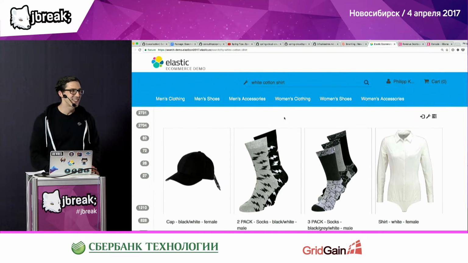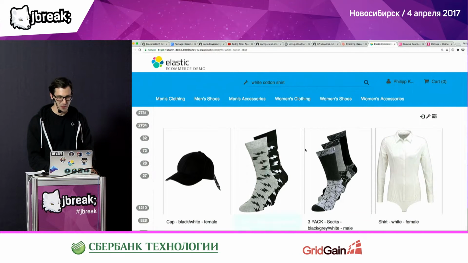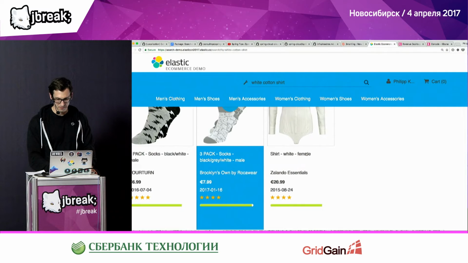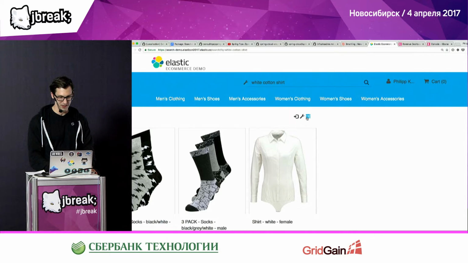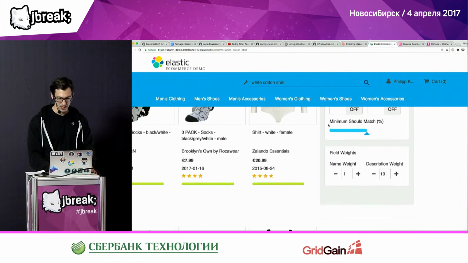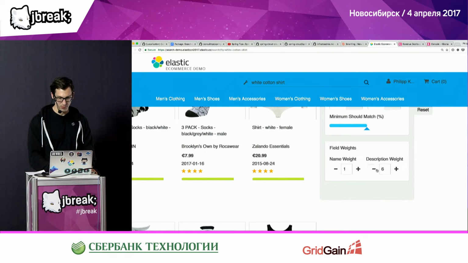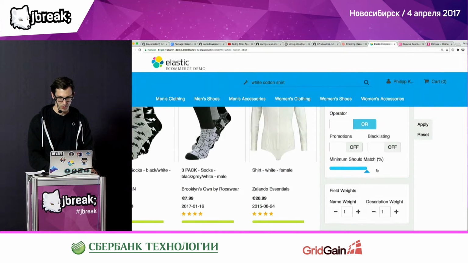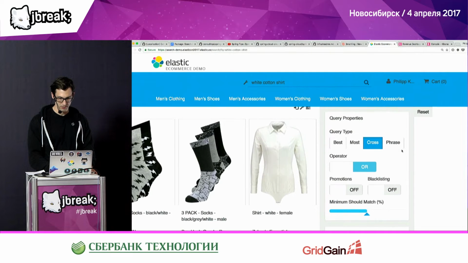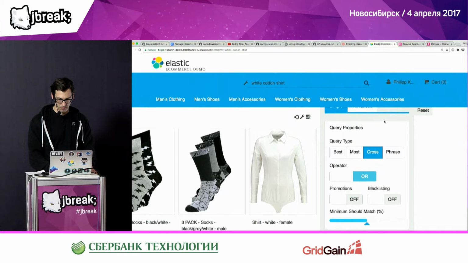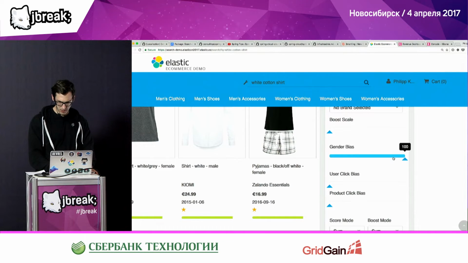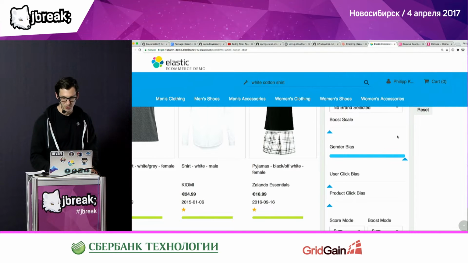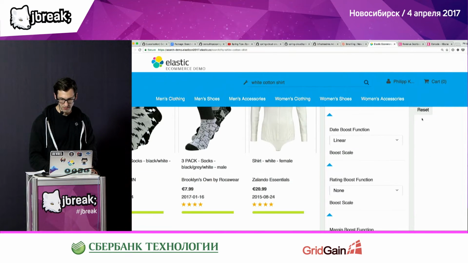If your search gives you that back, your users are probably not that happy with what you do. And also you can see I'm getting female products now, so that is not really what I want. So I'm saying, okay, I want that back to where it was. I'm switching over to the advanced one, and we should have a gender bias, and I'm saying I have a full gender bias, so since I'm searching for myself, I only want male products. And if I apply that again,